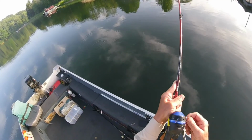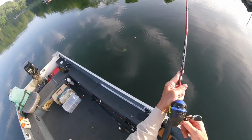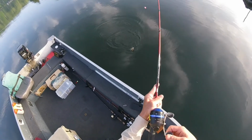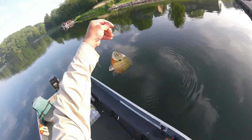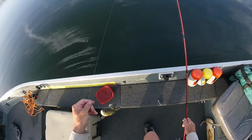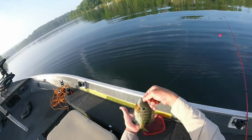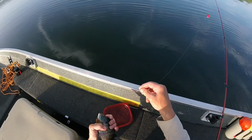Ooh. Boy, we got another dandy coming in here. And this should get me about where I want to be. That is another good one. That's another good one. So, with that, I think I'm up to my 10 bluegill goal for the morning. And from here,